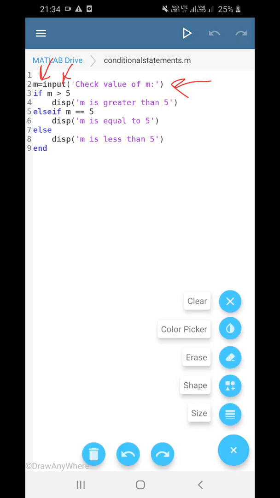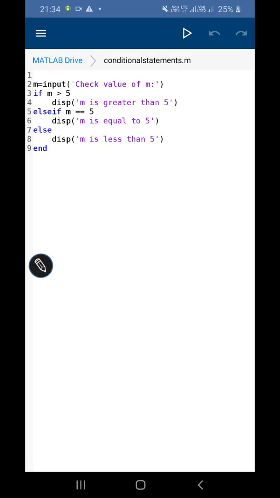Then we have to give the condition. If m is greater than 5, disp. So the first thing is, whatever we have entered, if it is greater than 5, then it will display. The display can be given by using the disp command, and inside disp, in single inverted commas, you write whatever you want to display.